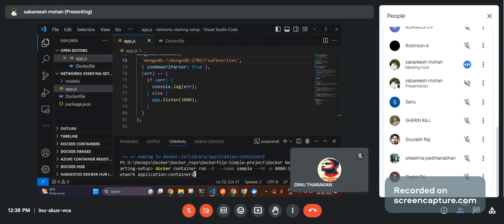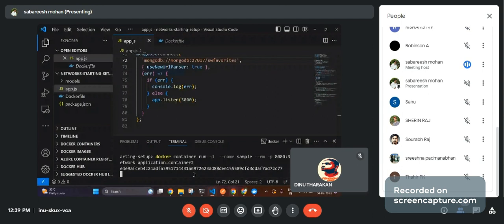I'm not teaching about the network part because we already covered it, right? You know about bridge network, host network, and the null network. And that's it. Now the application works the same.